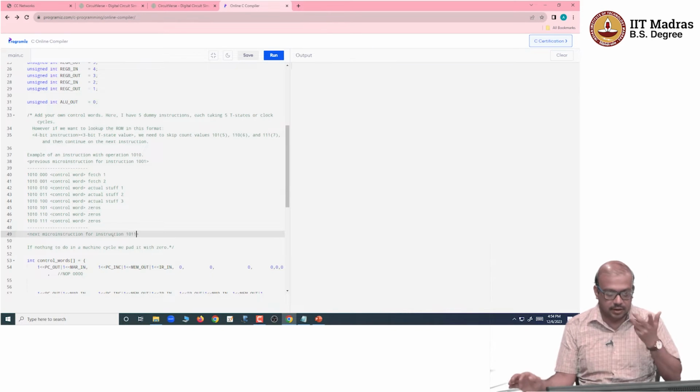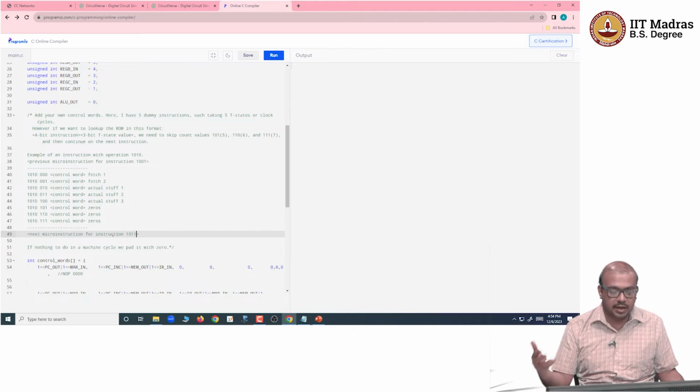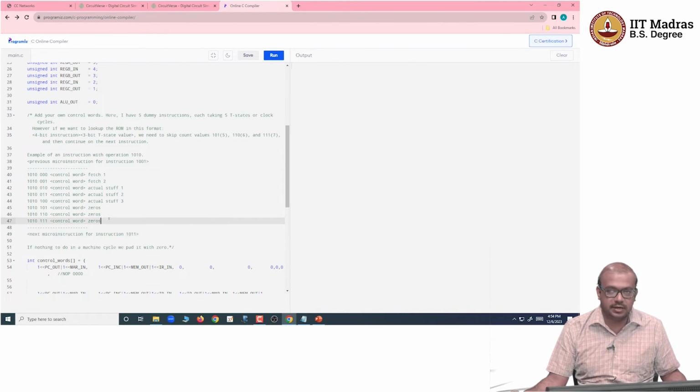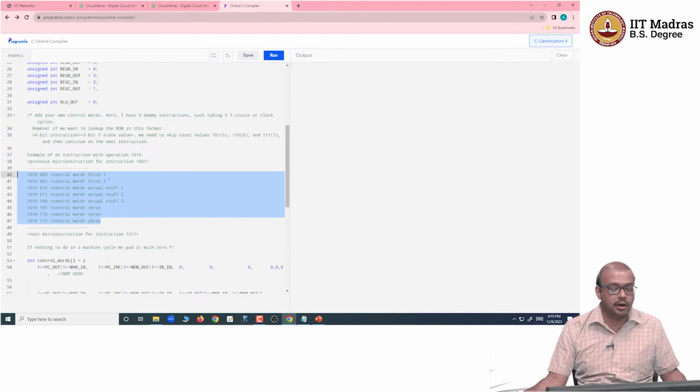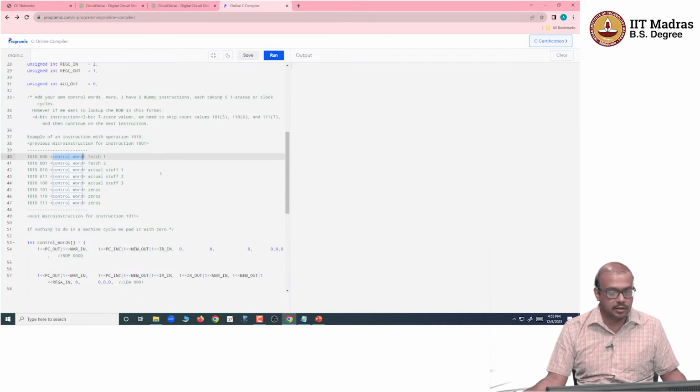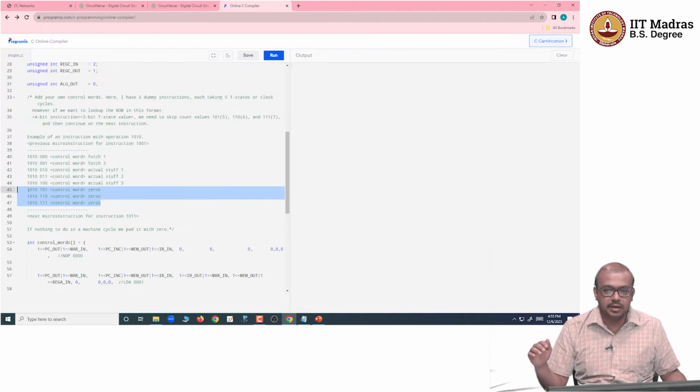1011, so 11, right? So you start it for the next one. Then you are going to have again 8 more such entries, 8 more, not bytes, these are all 16-bit control words, so 2 bytes long. So here it is 2 bytes, okay? And if you do not have anything to do in a machine cycle, we pad it with 0. So these zeros are basically garbage, not something that is going to be used